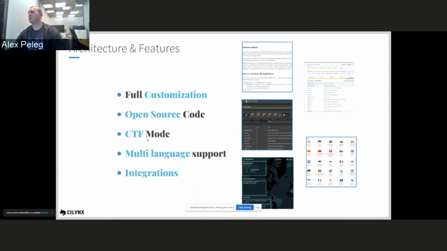You have the CTF mode, which is already pre-built with challenges that you can also tweak and use for your team and advancement. It has language support with many languages, and it has integration, so you can integrate it with other platforms, like if you've experienced the Facebook CTF platform or CTFd.